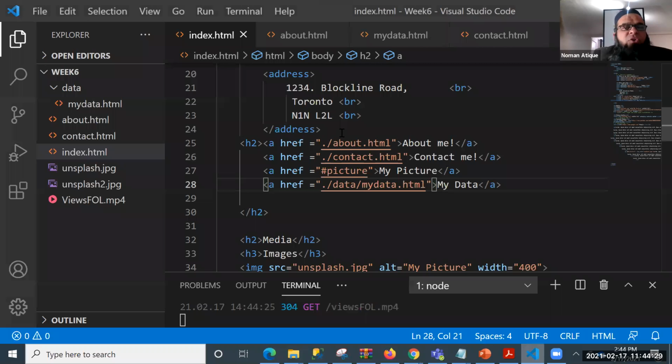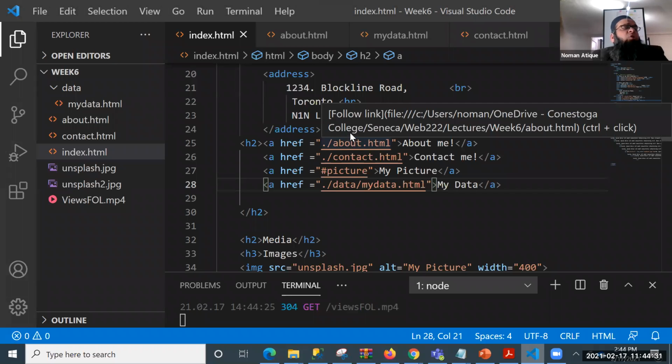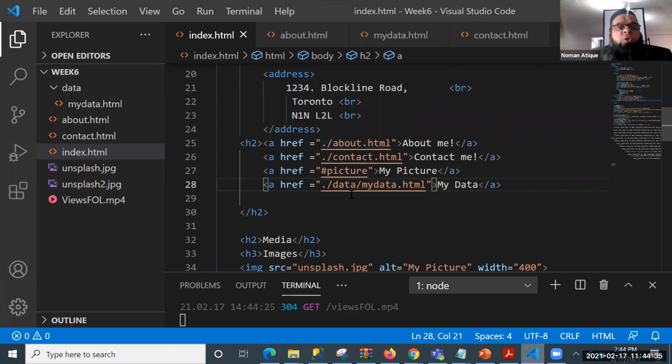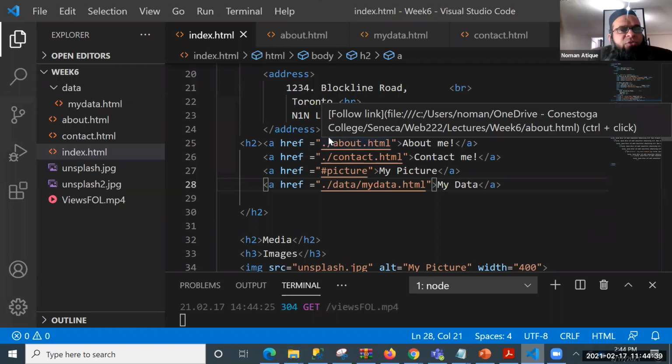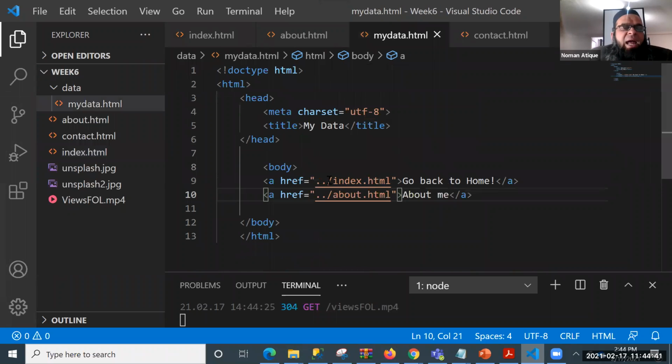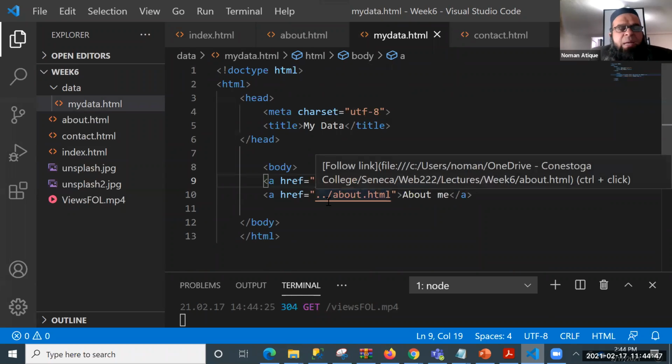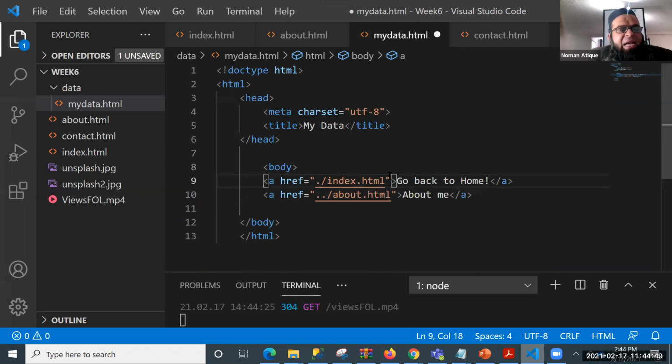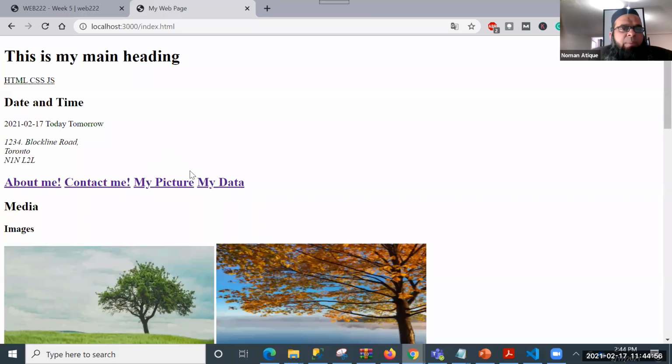So this syntax of using this dot is a very interesting one, and you should be familiar with that, because you will be using that more in your web 222 and 422 courses specifically. But again, you should know that this ./ is a syntax. And if you have to go to the previous directory, this double dot will work. Double dot means go to the previous directory. So if I remove one dot from here, it typically means we are talking about the same folder. If I run this one, I've changed this at about.